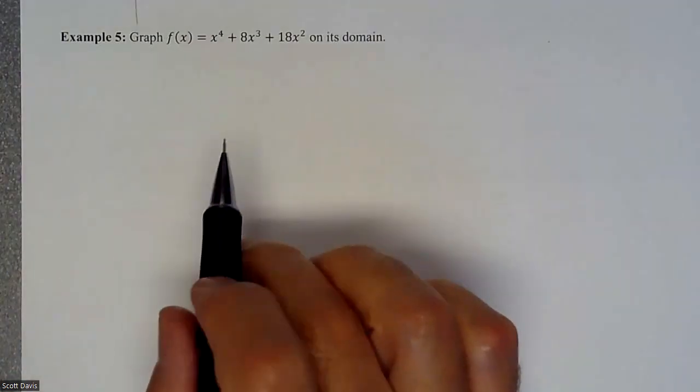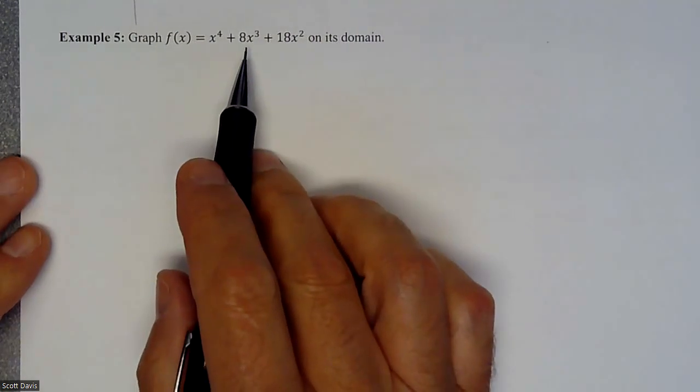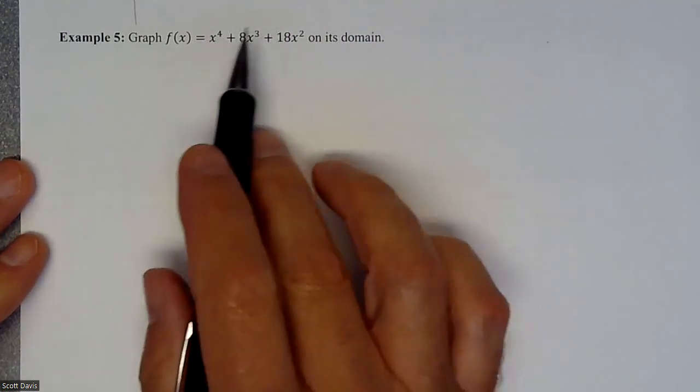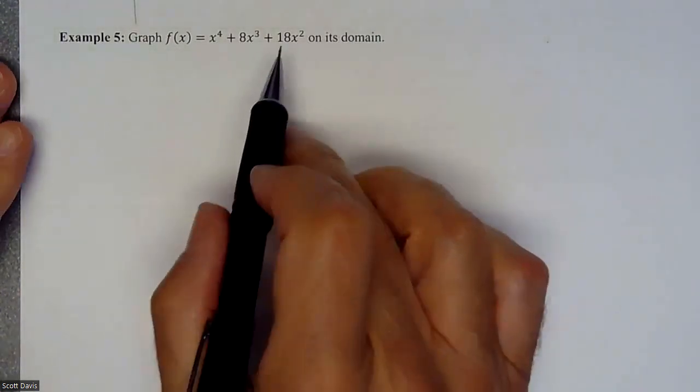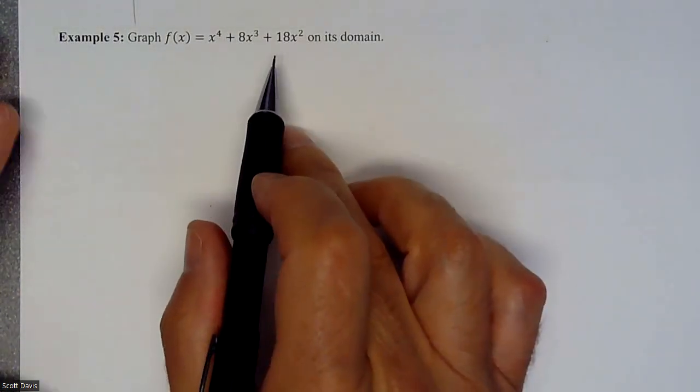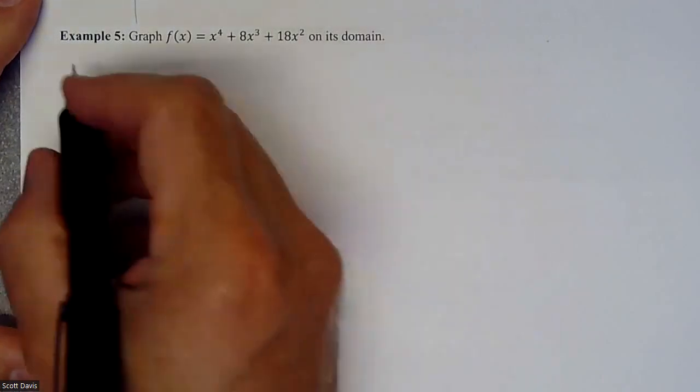In this example, we are going to try and graph this without using a calculator, put all the pieces together that we can. We're going to take a pre-calc college algebra look to it and then add a calc look to it. So derivatives, second derivatives, see what kind of information that we can get out of all that. All right, so we'll start with doing kind of the college algebra thing,